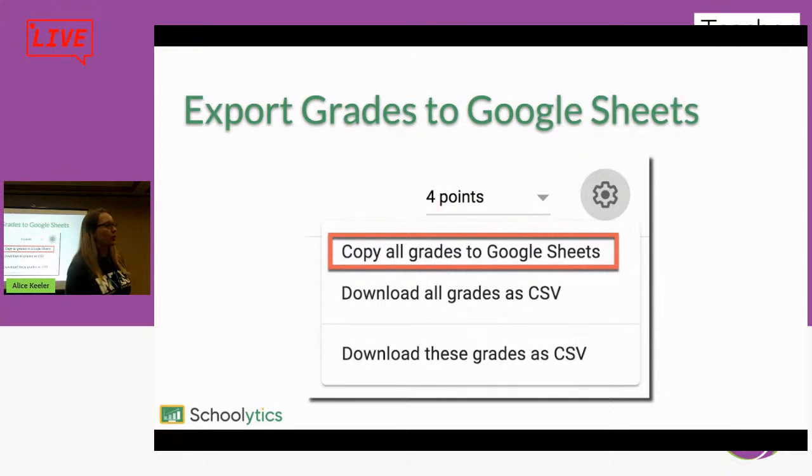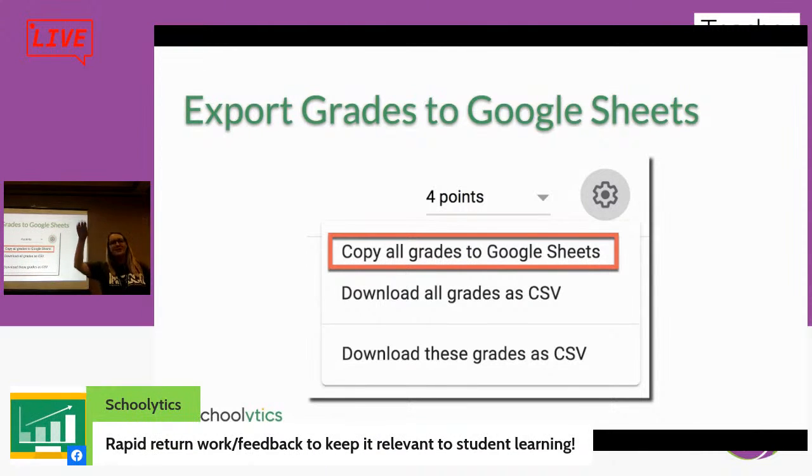You can export your grades to Google Sheets. Grading is one of the things I was studying for a doctorate that I dropped out of. Let's not talk about that. Might ban me from using spreadsheets. So I like to put rubric scores in Google Classroom as my preference.